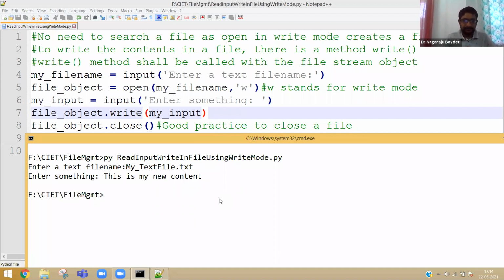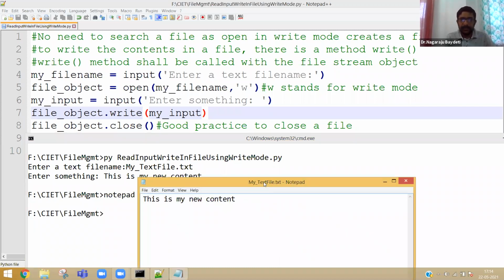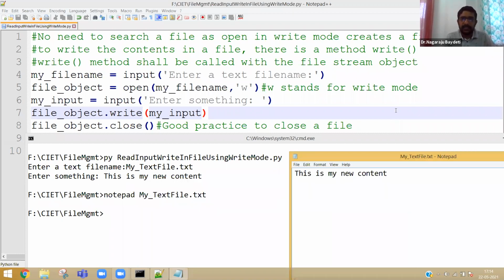Enter. Now, if you want to open the notepad, you can also see, for example, notepad. Now you see here, the old content is gone and the new content has come.